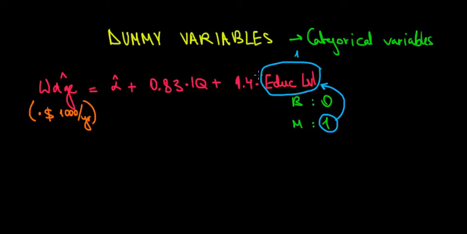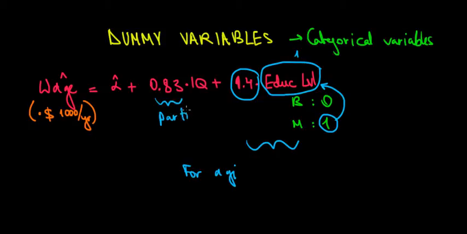Well, if we work with the math, we can see that we would have an effect of 1.4 multiplied with 1. So, in other words, for a given level of IQ, and that matters because we keep IQ constant. We didn't change anything in the IQ. Remember, these are all partial effects. So we're talking about the partial effect of the dummy variable here. For a given level of IQ, having a master degree